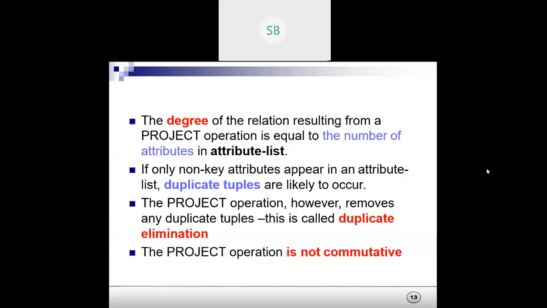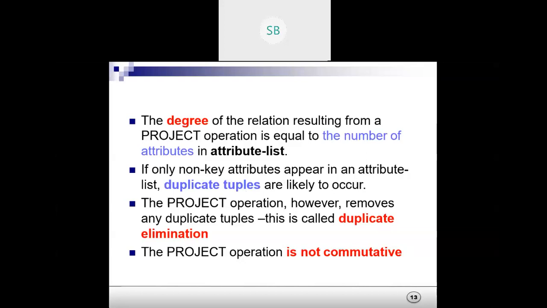Next, the degree of the relation resulting from a project operation is equal to the number of attributes in the attribute list. Obviously, we know the degree of a relation is the number of attributes. How many columns there are is the degree. If only non-key attributes appear in an attribute list, duplicate tuples are likely to occur.